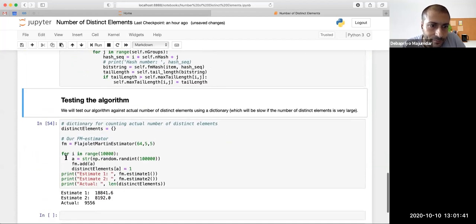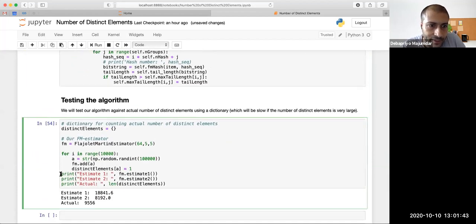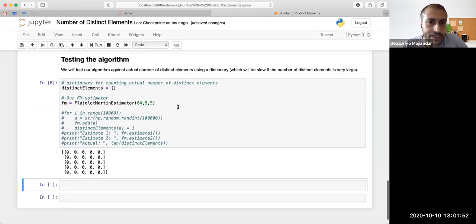Before coming to the estimates, let me just run this much first. What you see is I'm actually taking 64-bit bit strings. So each hash value will actually be a 64-bit bit string.